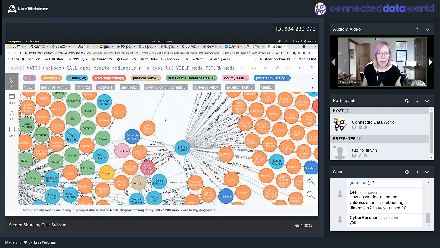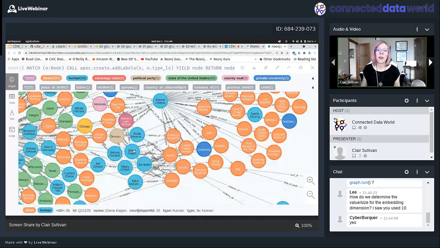So like Barack Obama, Sonia Sotomayor, Elena Kagan, Merrick Garland, Mitch McConnell, Joe. Okay, so these are all clearly people. I have private universities are in blue. So here's University of Chicago. If you don't see it, I'm hovering my mouse over that university node, and at the very bottom it says name University of Chicago. Okay, so that's good. We've got a graph.